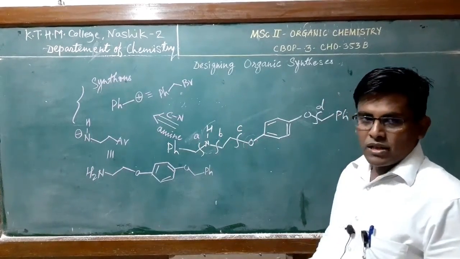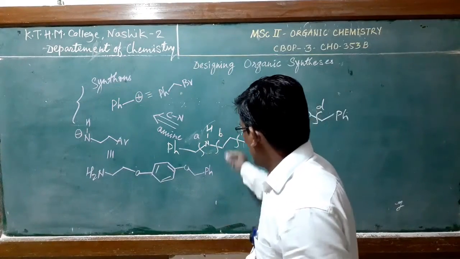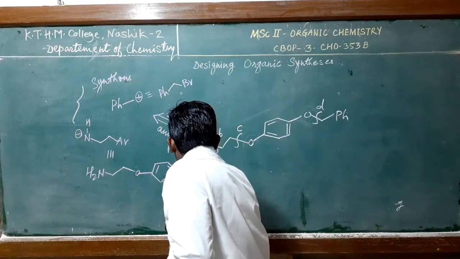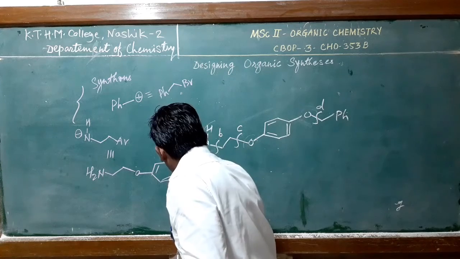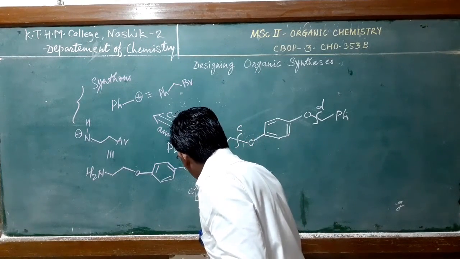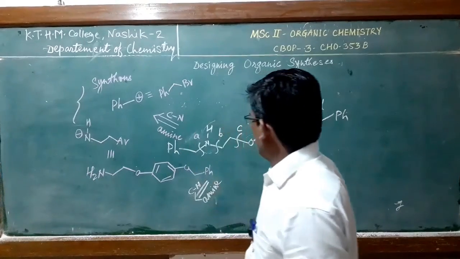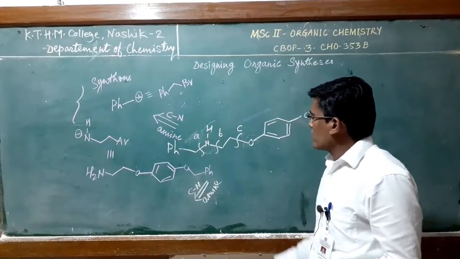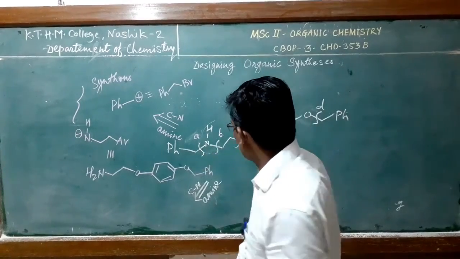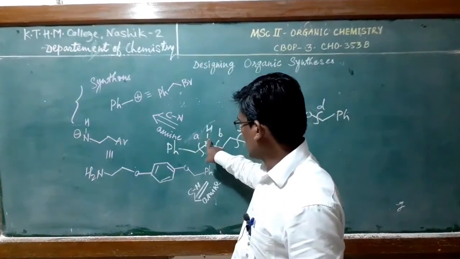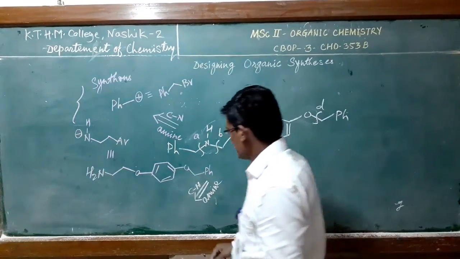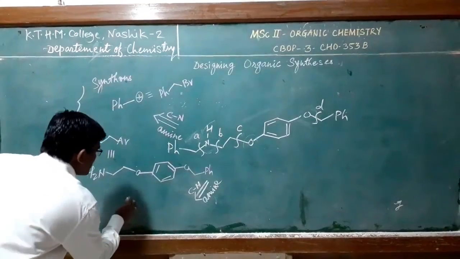So, this is the cleavage A. Now, we will cleave this CN bond, once again an amine bond. So, this is the cleavage B. When you cleave this CN bond, this nitrogen will have a negative charge, and this carbon will have a positive charge. So, we will write these two fragments.